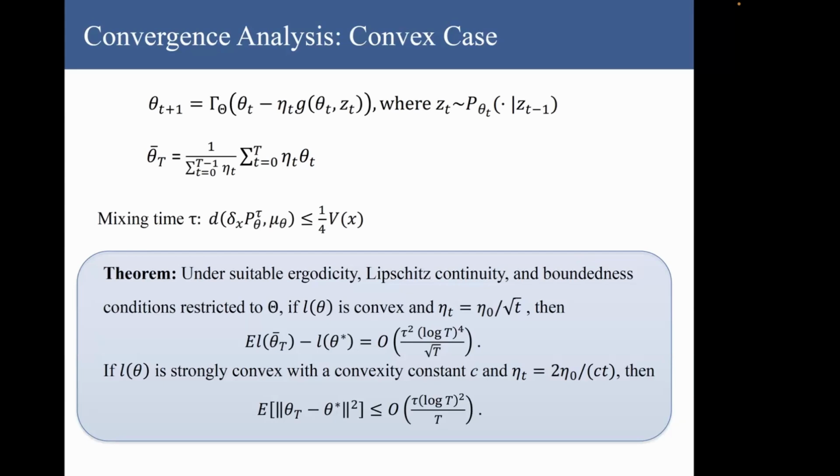If I have strong convexity, I can use a step size of 1 over t, and then I can actually achieve a 1 over t convergence. These convergence rates are pretty much the same as the IID case. So this is basically saying that even though I'm running SGD in an adaptive manner with adaptive data, I essentially achieve the same convergence rate as the IID case. Note that here I also have the dependence on the mixing time tau. The mixing time of the underlying Markov chain does affect my